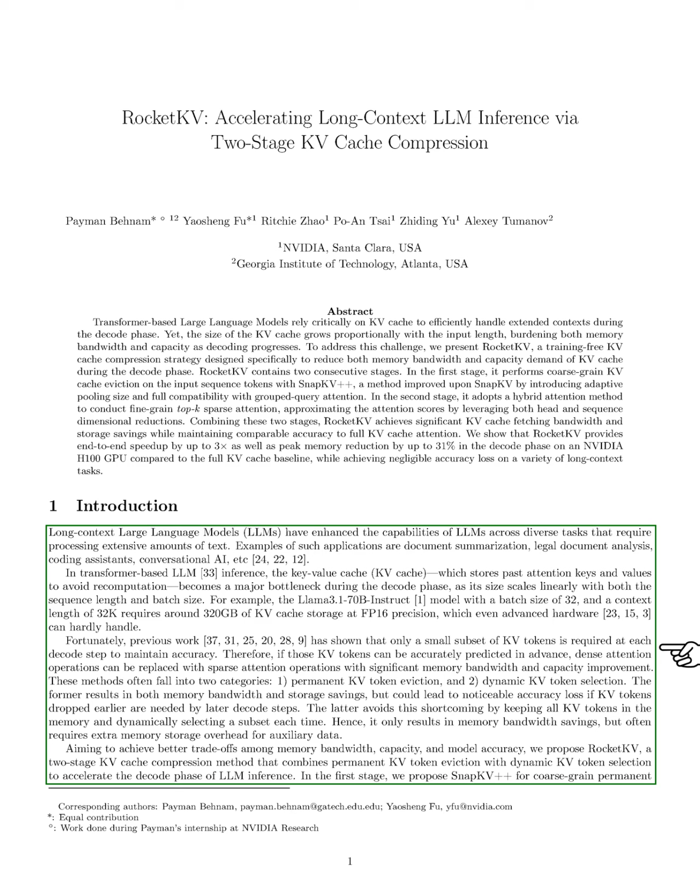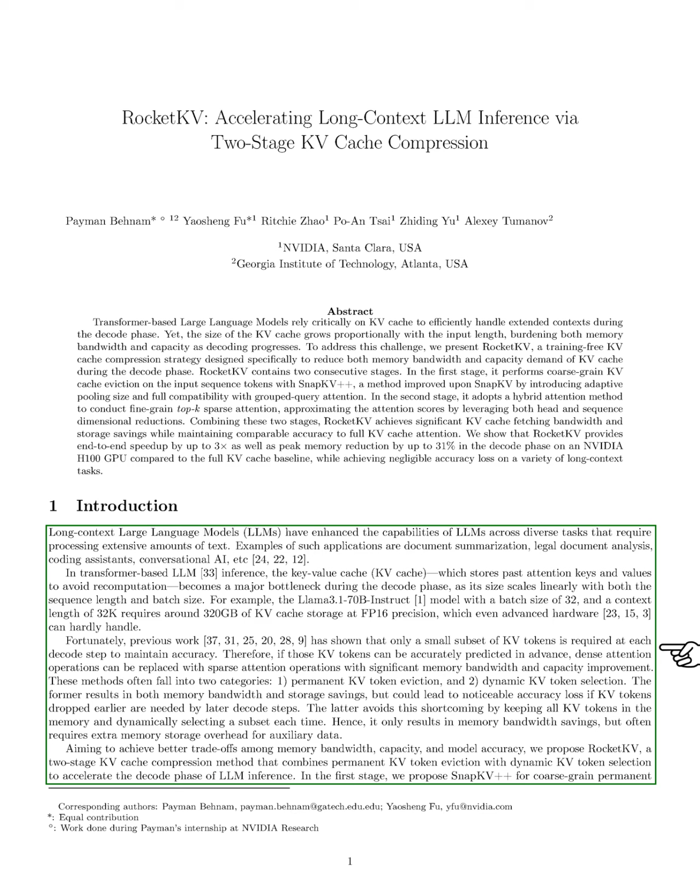For instance, the Llama 3.1-70B instruct model requires about 320 gigabytes of KV cache storage when processing a batch of 32 with a context length of 32,000 tokens, which is challenging for even the best hardware. Research has shown that we only need a small number of KV tokens at each decoding step to maintain accuracy. If we can predict these tokens in advance, we can switch from dense to sparse attention operations, leading to significant